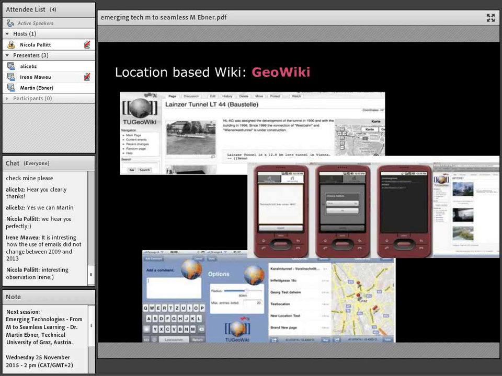That means that we are, for example, giving students mobile phones, or they have their mobile phones with them, and they're going out to the field, and they're coming back, they're making photos, videos, whatever, and they're bringing back these photos and videos together with tagged geolocations, and this goes to a wiki system which automatically carries out the geolocation, and you can see, for example, here the Google Maps and where the photo was taken, and there the description of the students, what they have seen there.